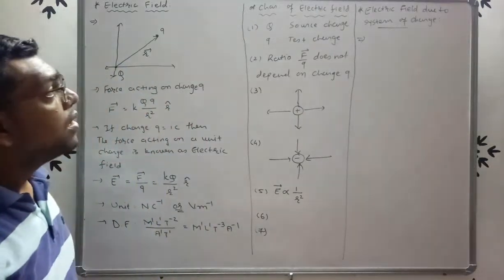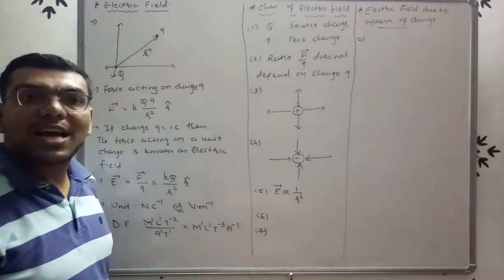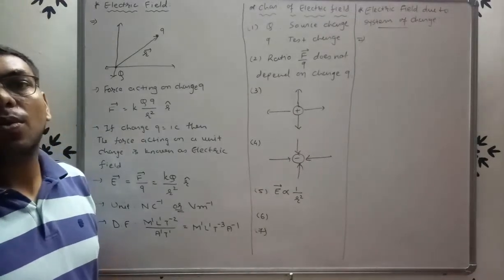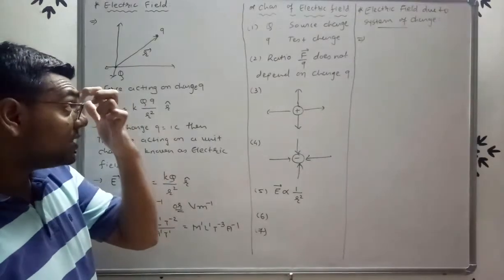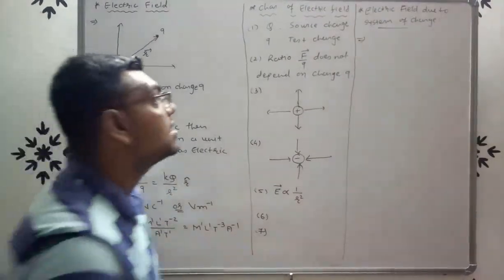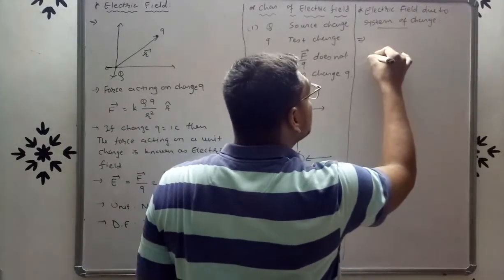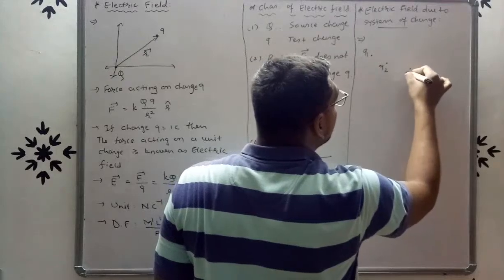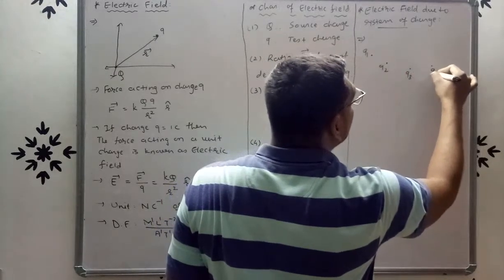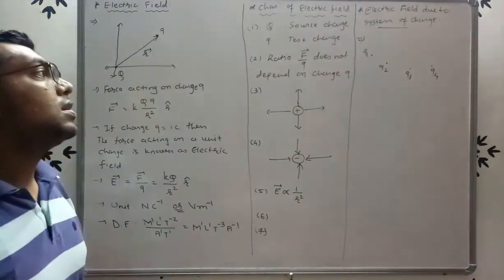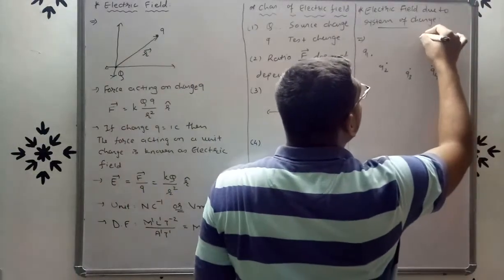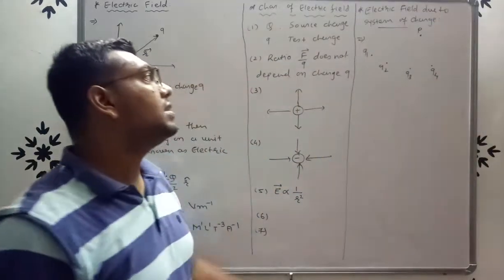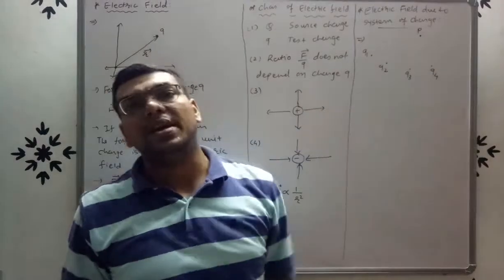So we already discussed the system of charge, right? What is a system of charge? So if there are more than two charges, then we can say that there is a system of charge, right? So here this is the charge Q1, this is charge Q2, this is the charge Q3, and this is the charge Q4. Now consider here this is point P. We have to find out the electric field at this point P, right?